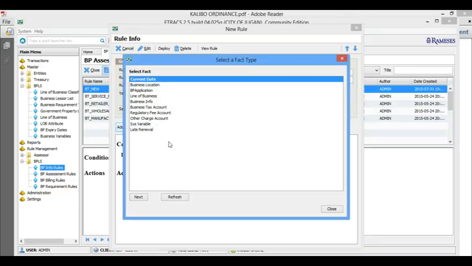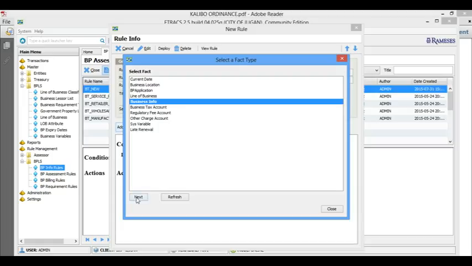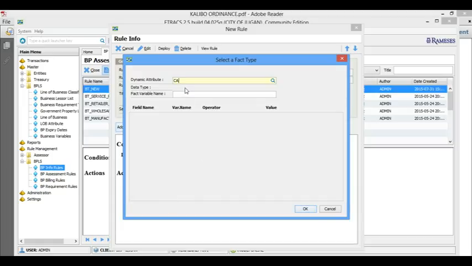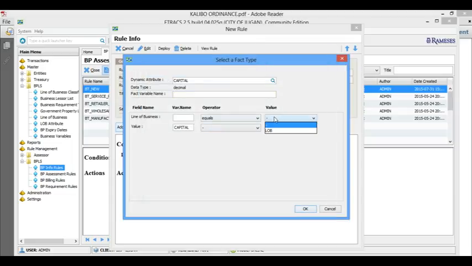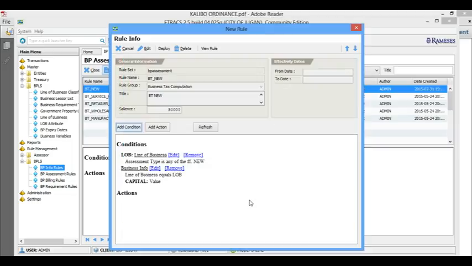So add condition again, it will be business info. Then we'll type capital here and then press enter to look up. Don't choose the declared capital, choose capital. Okay, so click OK here and then equals LOB. So this is very important because this means that the capital is associated to a particular line of business. Okay, so that's the condition part.